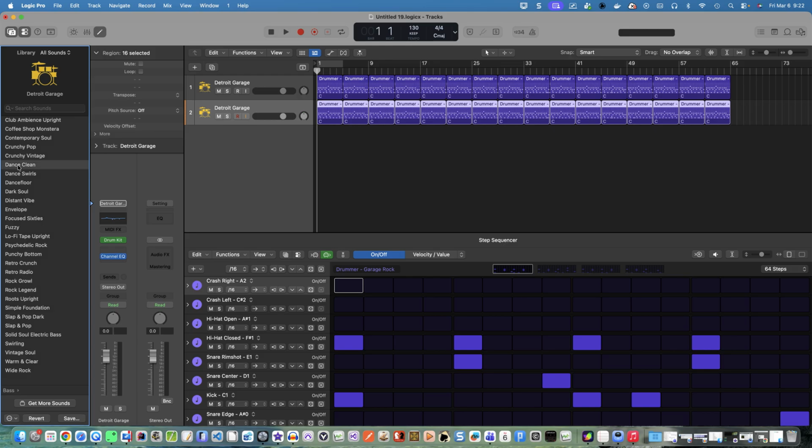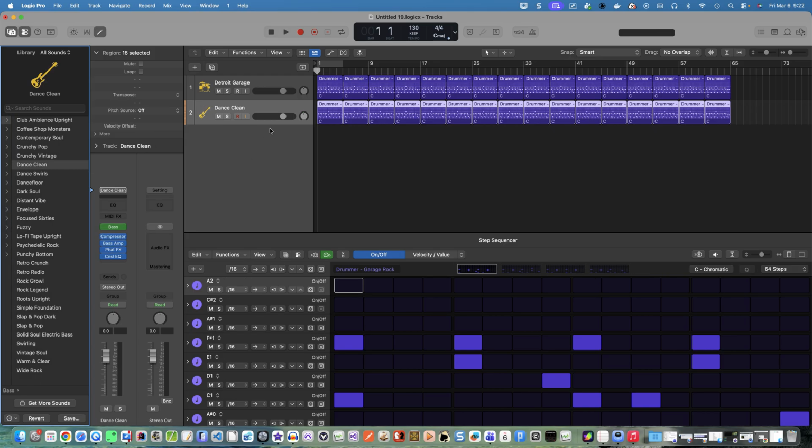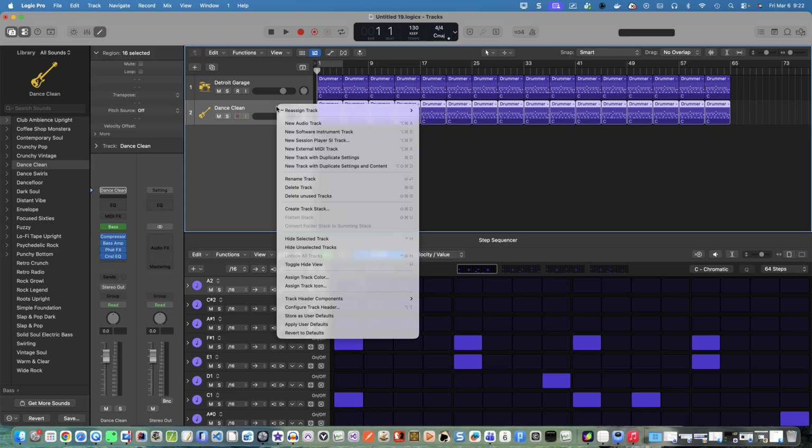So let's just throw a dance there, garage dance music. Oh, that's kind of a novel idea. Well, let's do this again. Okay, so now we got drums and now we got bass. Now something like a guitar, probably synth or something. So we'll go that route. Do it again,